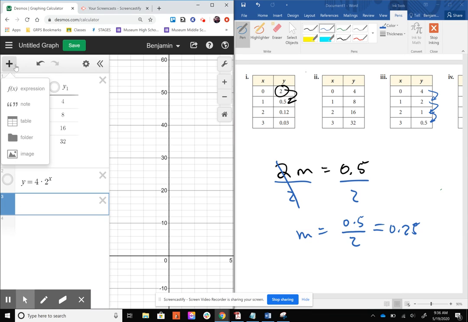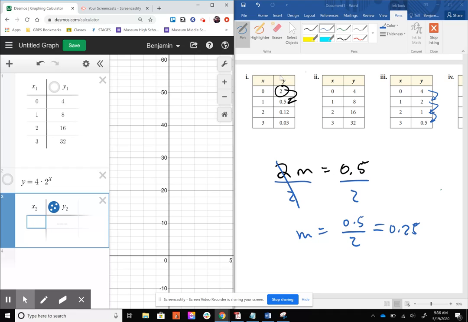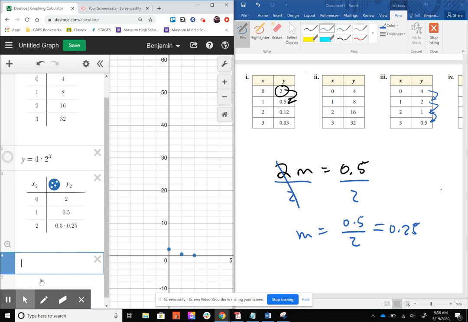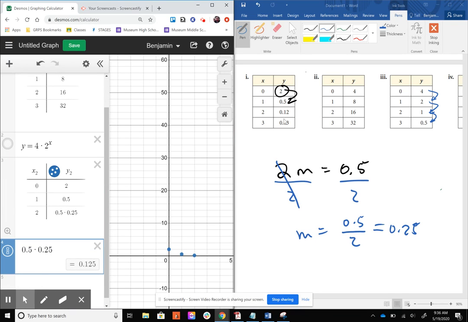So I'm going to create a table. I'm going to do example 1 in this table. So 0, 2, 1, 0.5. 2 should be 0.5 times 0.25. Let's just make sure that that's what we want. All right, so it looks like the table here rounded down actually. So if we do have a constant multiplier of 0.25,